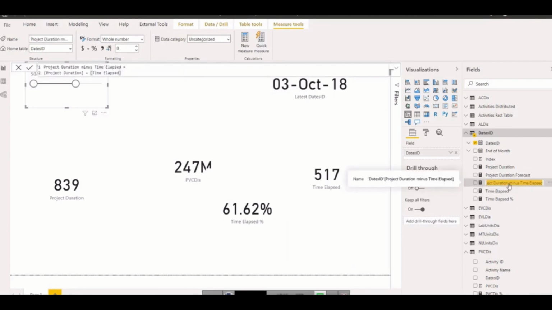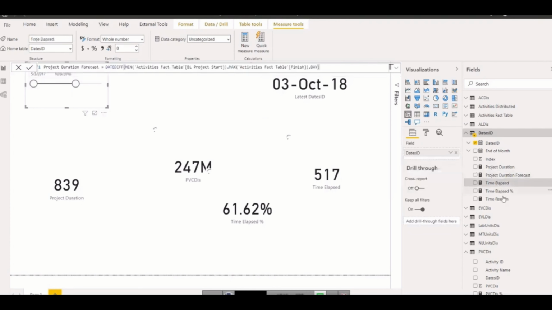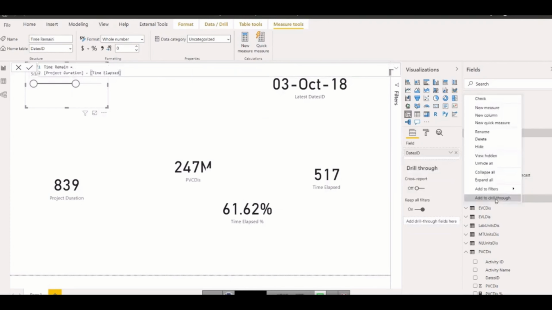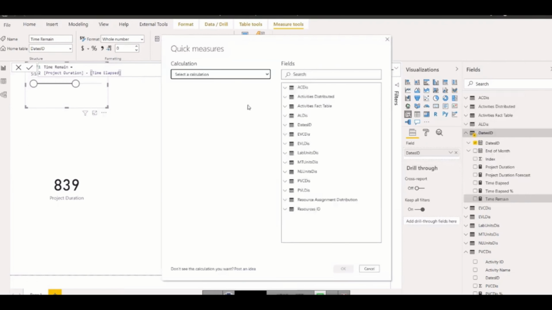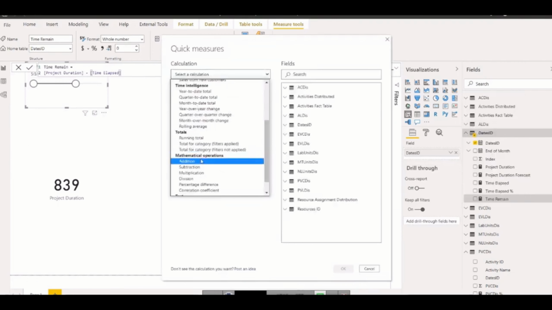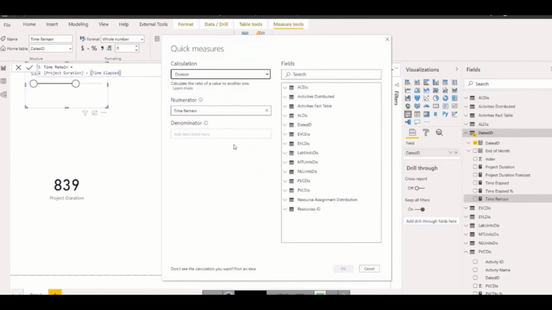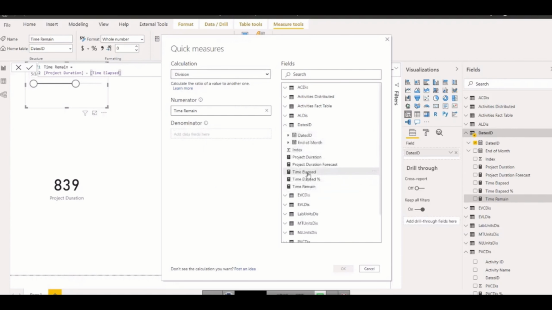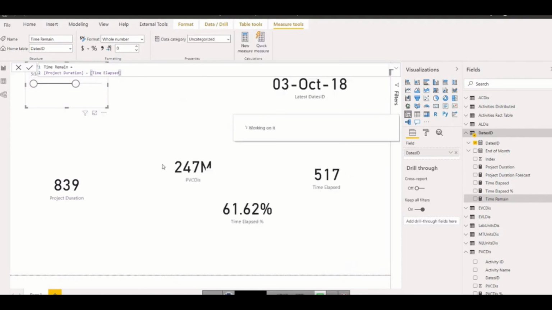So I can call this time remain, and for its percentage we know that we simply need to divide. So let's say we want to take time remain and divide this by... you can use many ways. Sometimes I use a measure as a formula, sometimes I use quick measure, whatever you need. So time remain divided by what? The project duration. So this is the project duration, so it will give me a variable, dynamic time remain